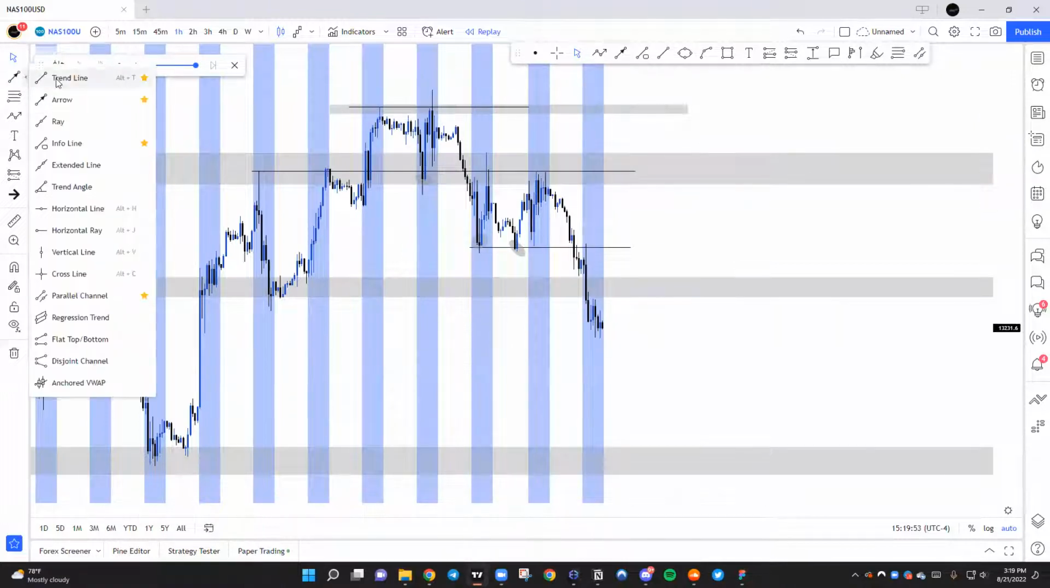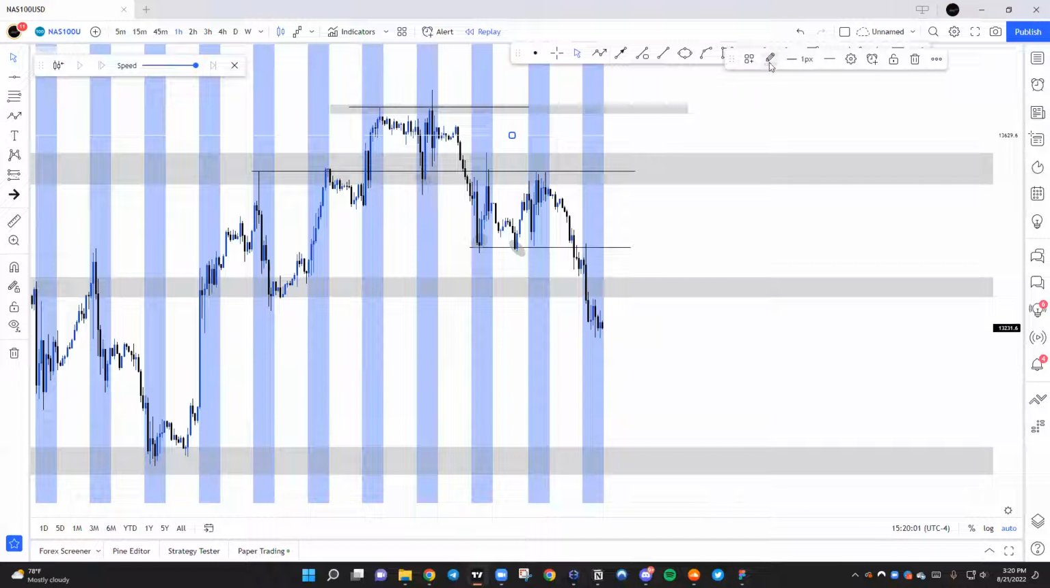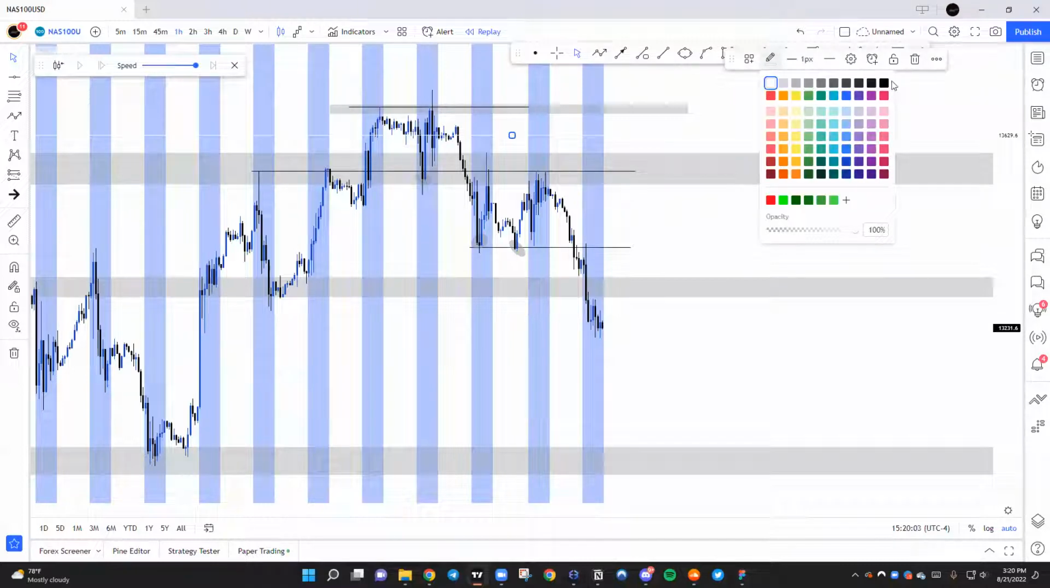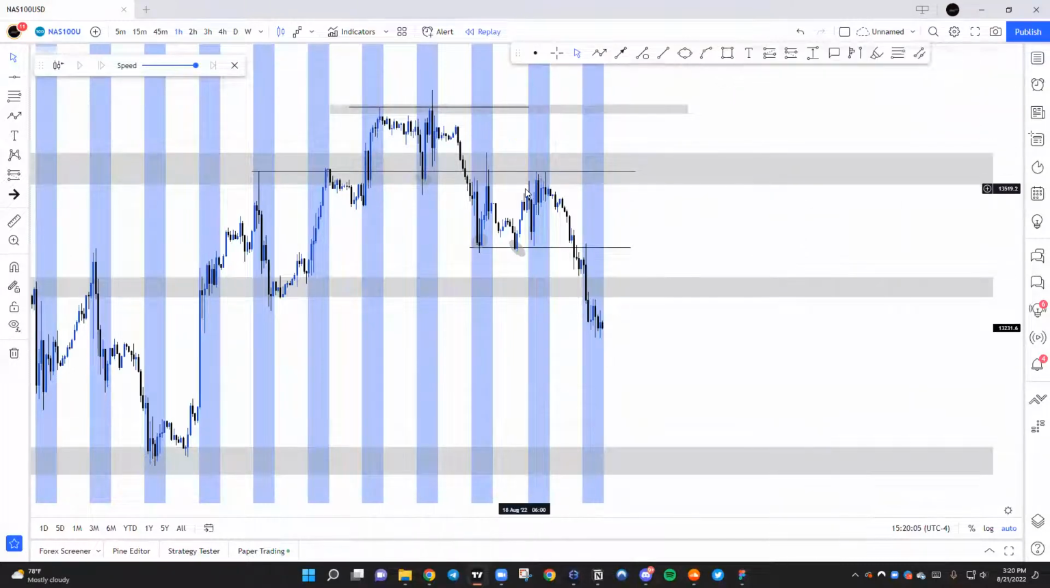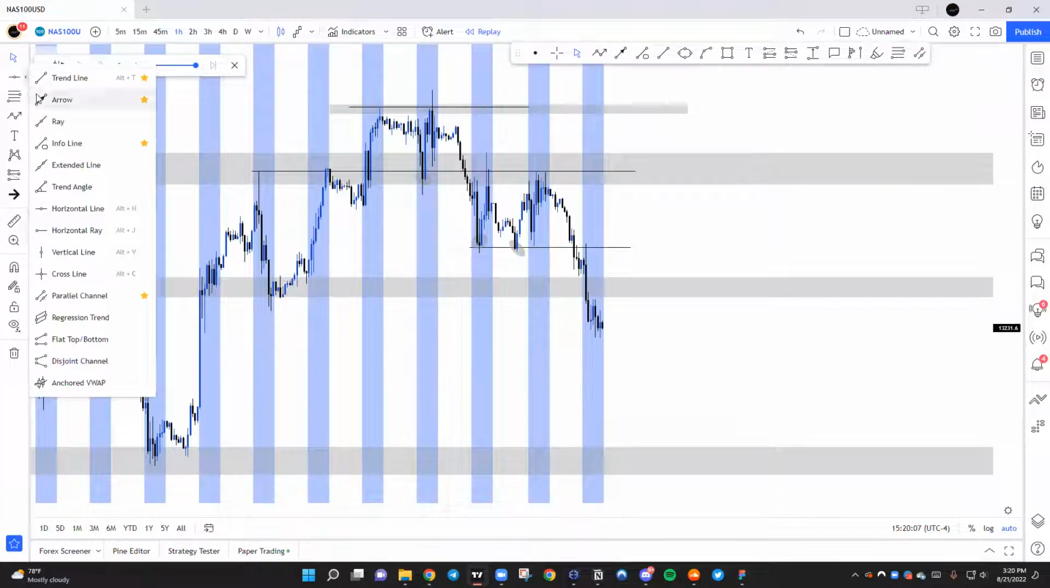For the people, because I know some people, I use the trend lines. So you see these lines here, they're not the horizontal lines or the horizontal ray. Because I don't like when the line is going all the way across the chart. I only like it in a certain area. So I use the trend line, and you can use arrow too, but